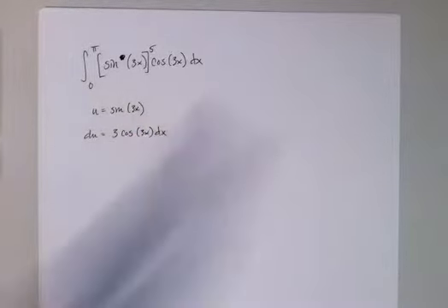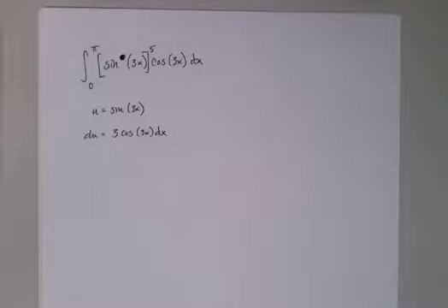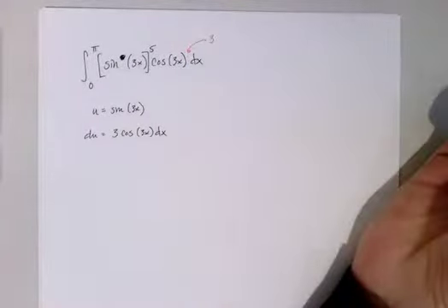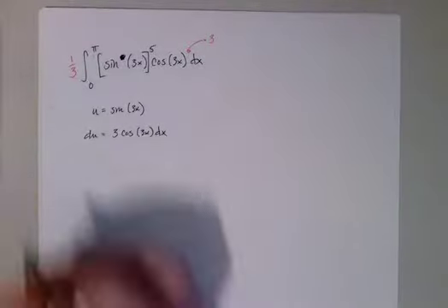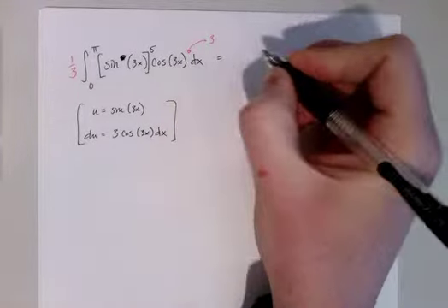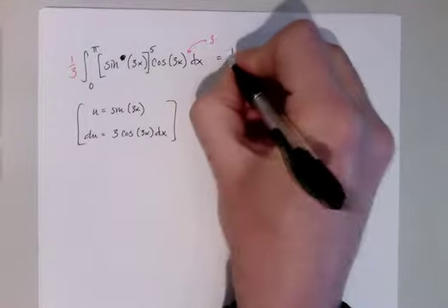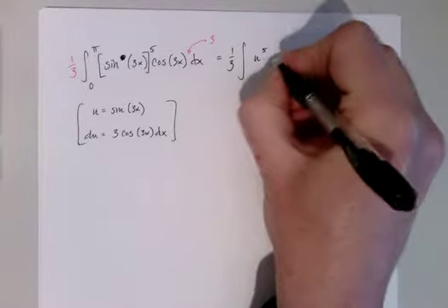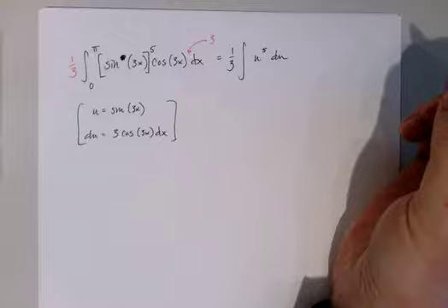Now from here, the only thing that needs to happen in order to get it into the proper form is you need to drop a 3 in right here, and then that requires a 1/3 out in front. But that isn't a whole lot of work to do. You've done a whole lot worse, right? So I know that it's going to be 1/3 u to the 5th du. But again,